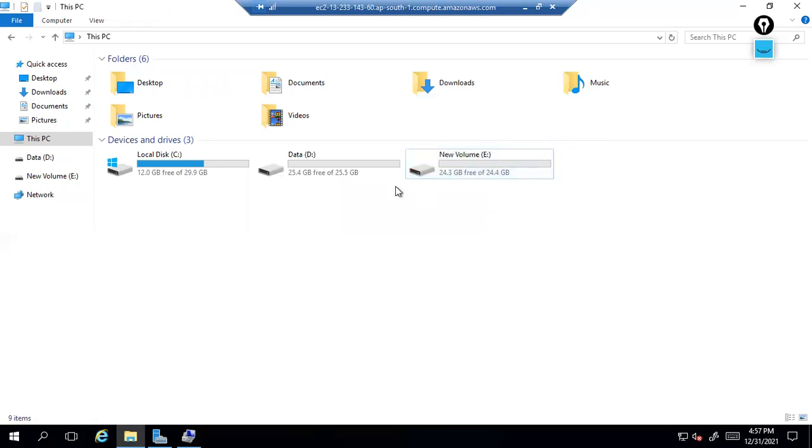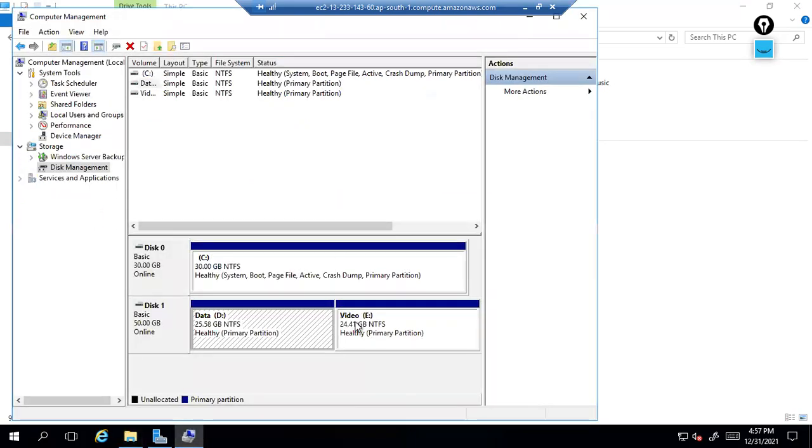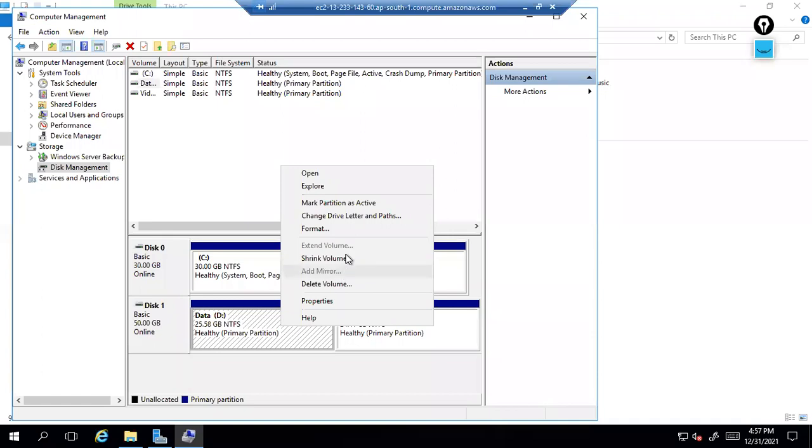Can I merge again? Yes, we can, of course. If you want to merge again, just a moment. When you say extend, you need this option, extend volume. So if you want to merge together,